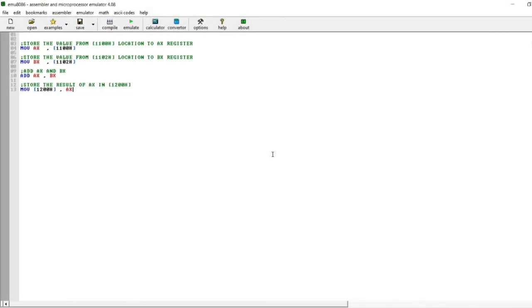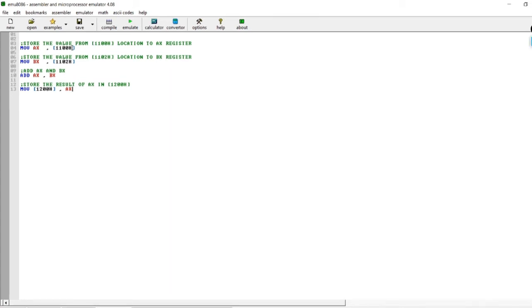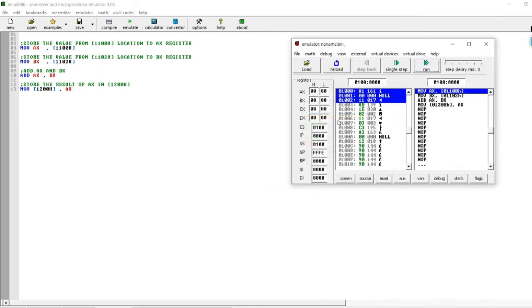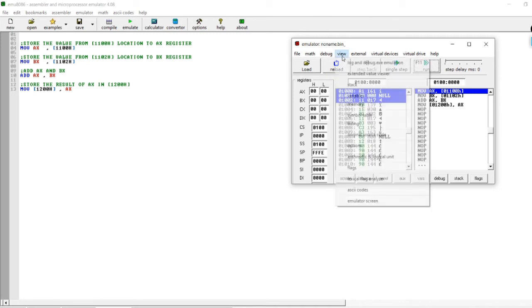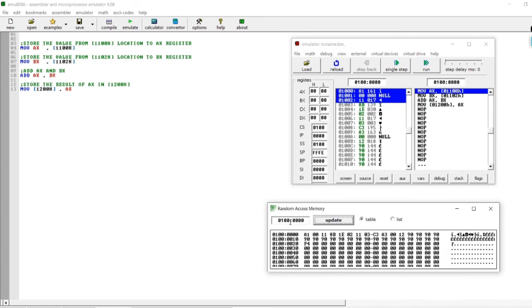I have come to my emulator, and as you can see, I have written a very basic code. Move AX, [1100h]. What this instruction will do is store whatever value is there in this location in our AX register. And as we saw in the last slide, the thing that is written inside brackets is our offset address. So if I go to emulate, cancel this window. Now I want to go to view, and there is an option called memory. I'll go there. The memory has a similar thing as this window has. This is our segment address, and this is our offset address. By default, our CS has 100 value and the IP has 00 value.